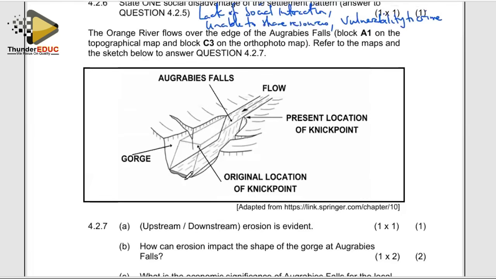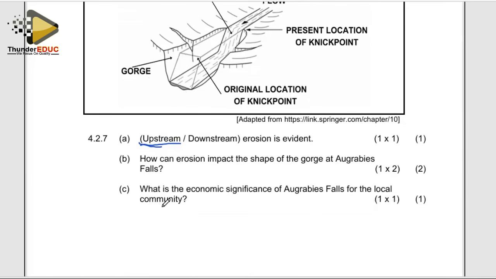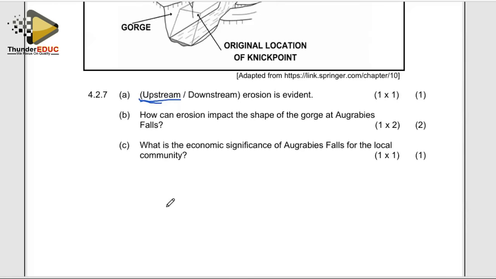4.2.7. It talks about the Agrabis Falls. It says upstream or downstream erosion is evident. On a falls there's evidence of upstream erosion. It's upstream. A waterfall erodes upwards, up the stream. It migrates upstream. How can erosion impact on the shape of the gorge at Agrabis Falls? The gorge becomes deeper. It deepens